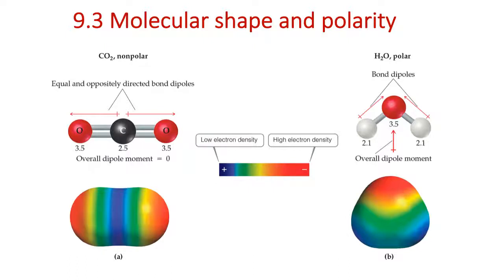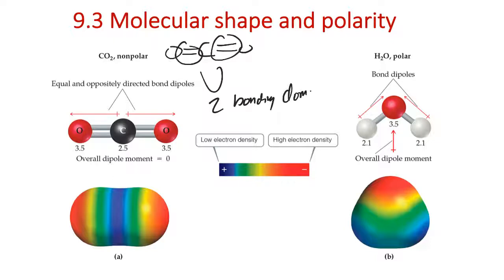So CO2, linear molecule now. And the reason why, if you think of the Lewis structure, in fact, every time we draw the Lewis structure, usually we're kind of drawing it in this way here. You can imagine that the electrons in the double bonds want to get as far away from each other as possible. When you have two domains, when we look at these bonds and I say there's two bonding domains,